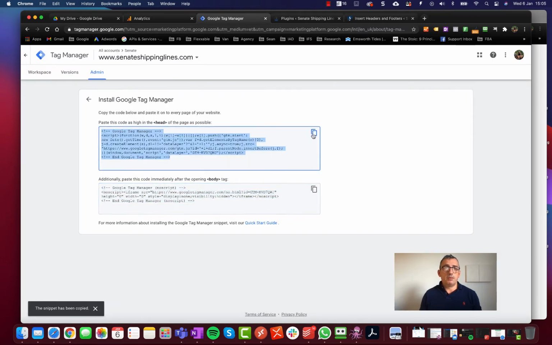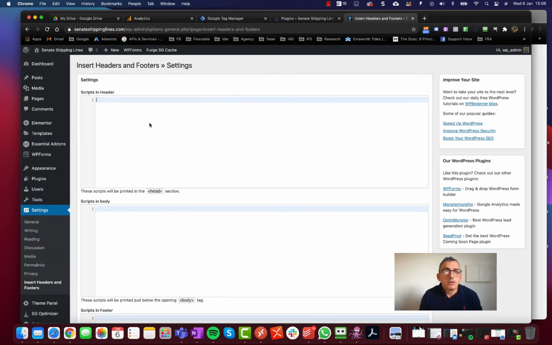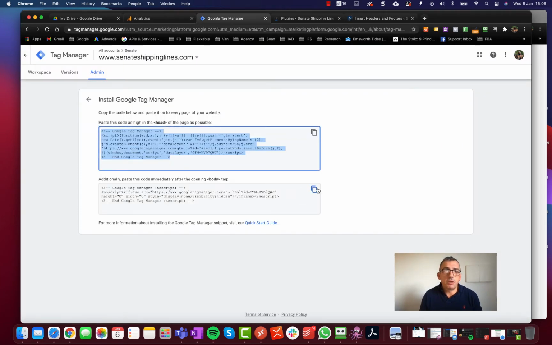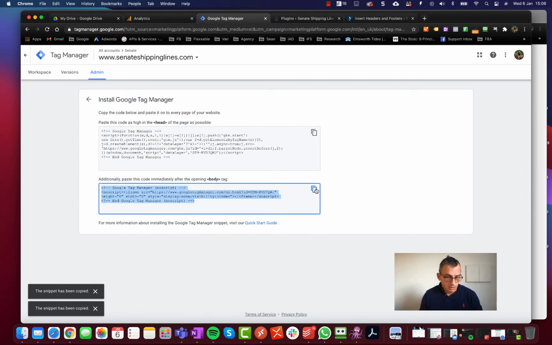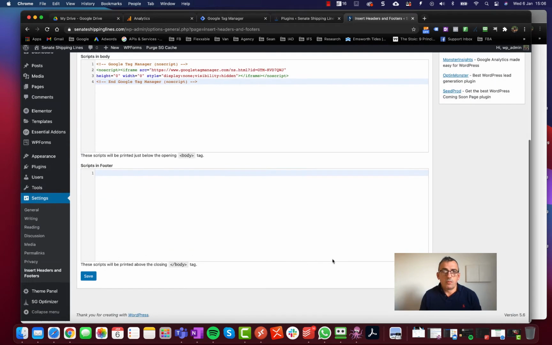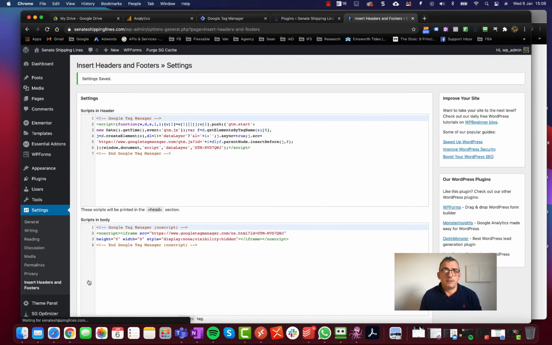I'll copy the bit that says paste it in the head, so I'll paste this in the head. And it says paste this in the body, so I'll paste this into the body. I'll save that. Just double check it, yep.